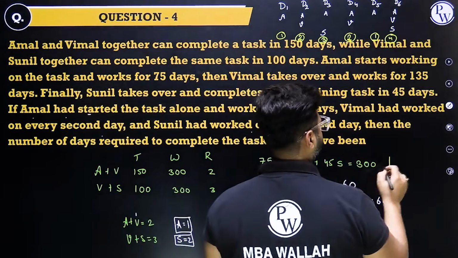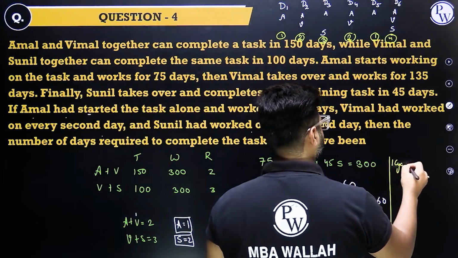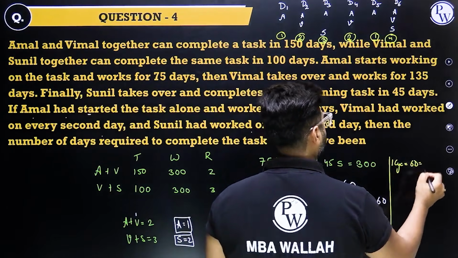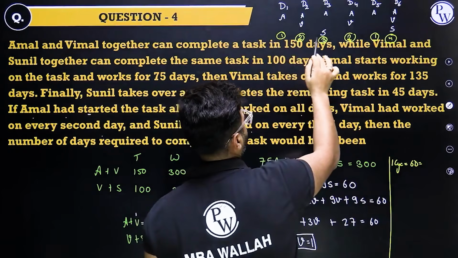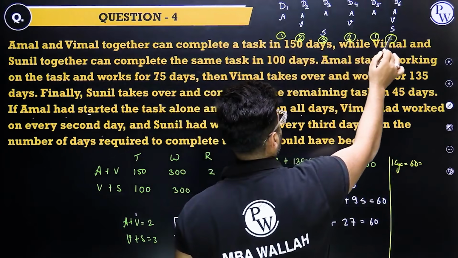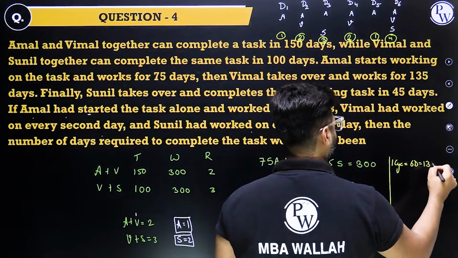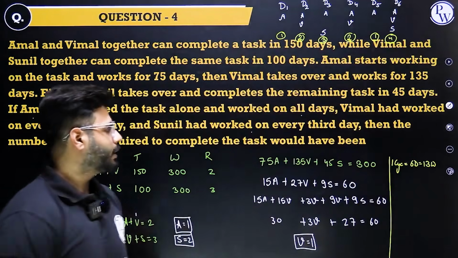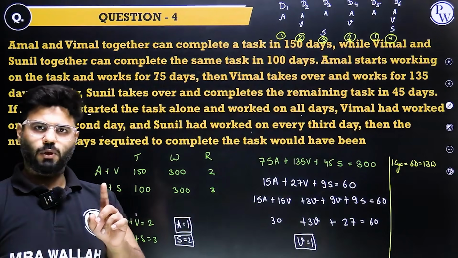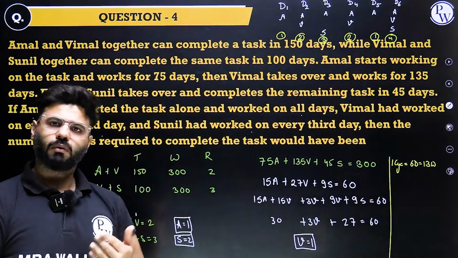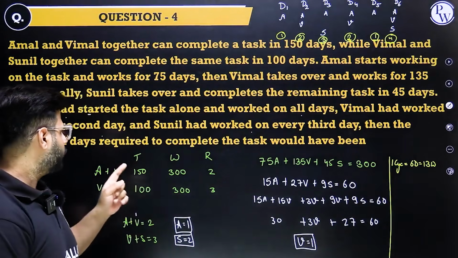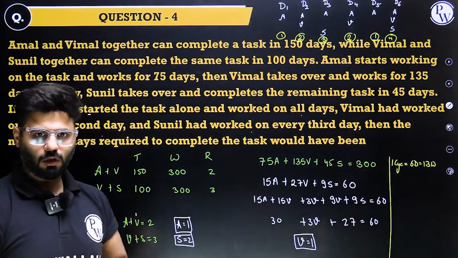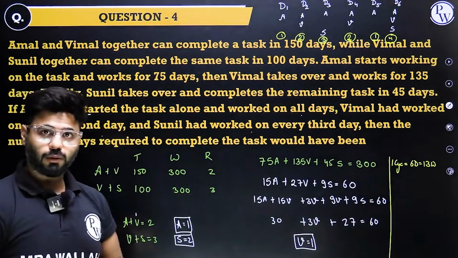So basically what do we have? We have one cycle, 6 days and how much work? 1, 2, 3, 6, 8, 9, 13. 13 work. So in a single cycle, 6 days will go by and 13 work will be finished. You need to finish up 300 work. So let's see how many cycles are required.